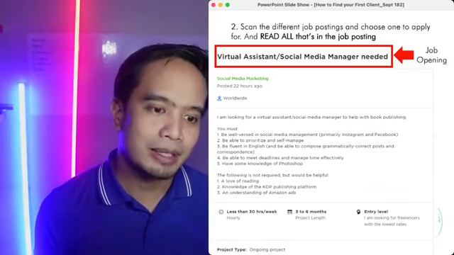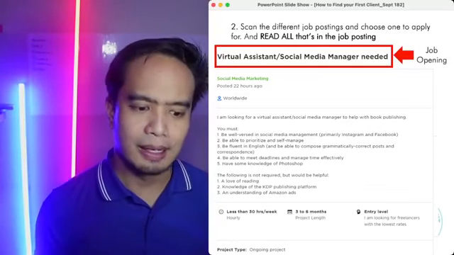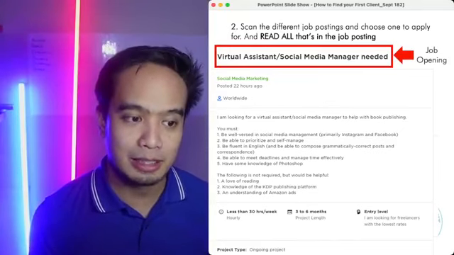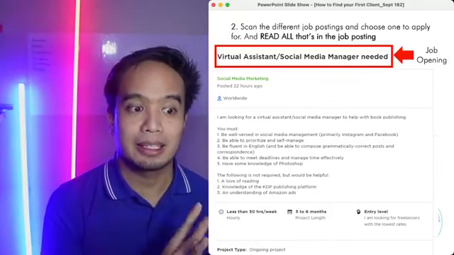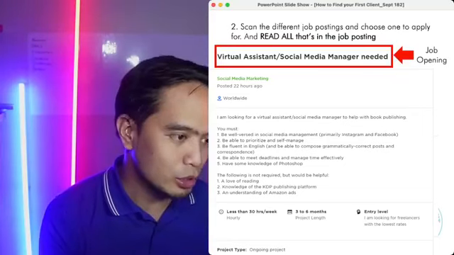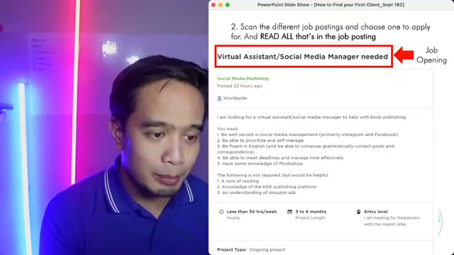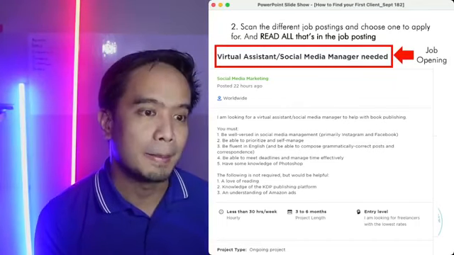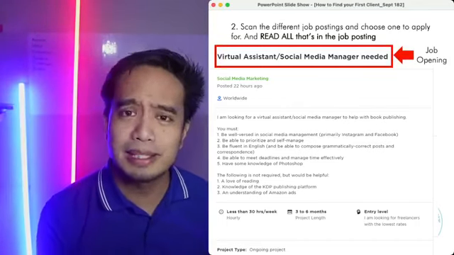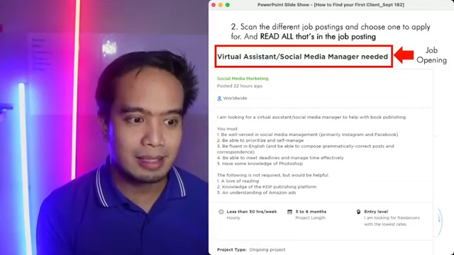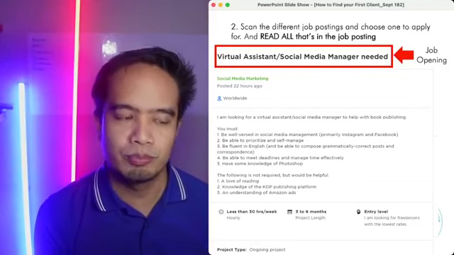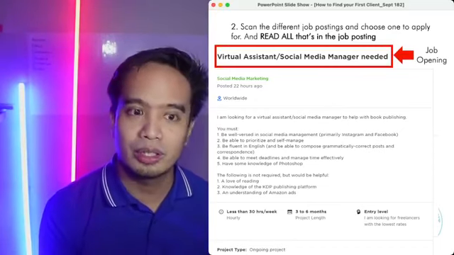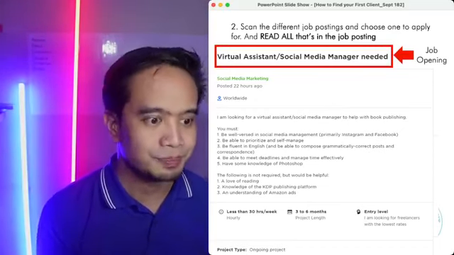And then yung grammatically correct posts and correspondence, actually may mga tools na ginagamit natin. Ako kasi, even me, I make mistakes sometimes, and may mga tools that automatically check. So you can even use mga tools to automatically check it. And then be able to meet deadlines, manage time, have some knowledge of Photoshop. Hindi ka kailangan expert, pero parang basic editing lang. And you can get that some knowledge kahit manood kayo ng YouTube tutorials, mga 1 oras, 2 oras, okay ka na dun. You'll have some basic knowledge of Photoshop.